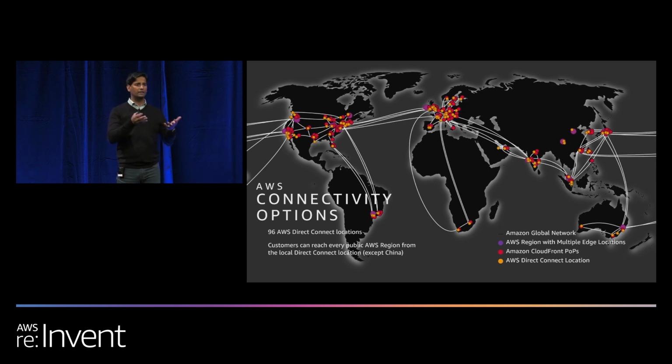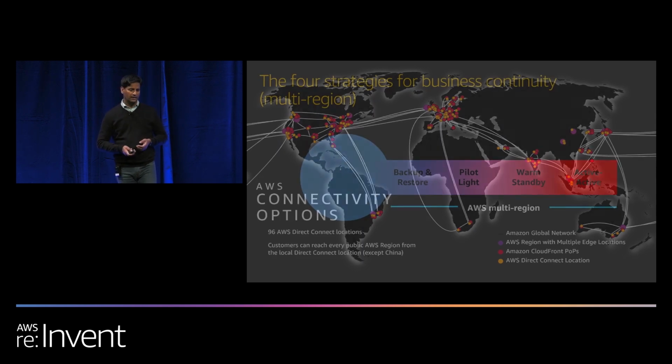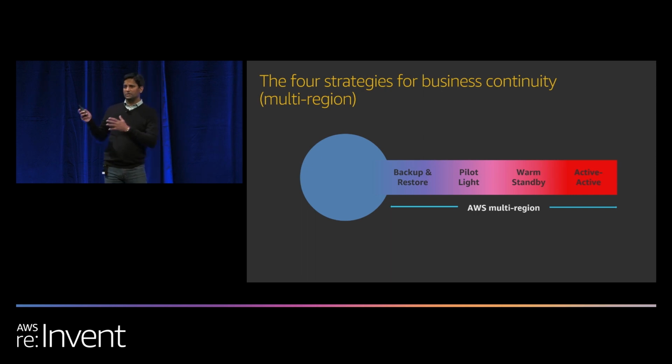Whether you are born in the cloud or a customer using hybrid deployment, meaning on-prem servers, and also you have workloads that are in the cloud, it all starts with the global connectivity options from AWS. We own the fiber that's connecting the Direct Connect between different regions and the points of presence across the globe. I'm not going to go too deep into this. This is probably something you're already familiar with.